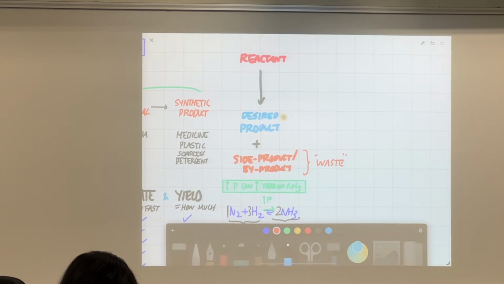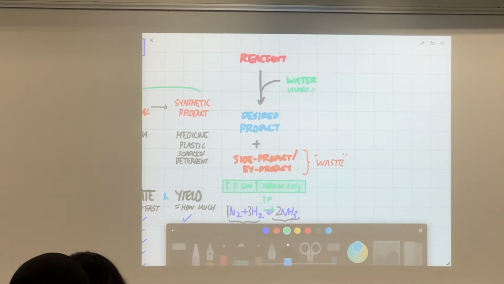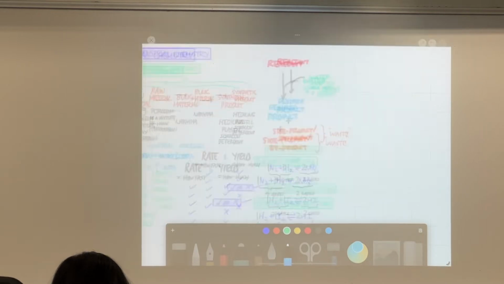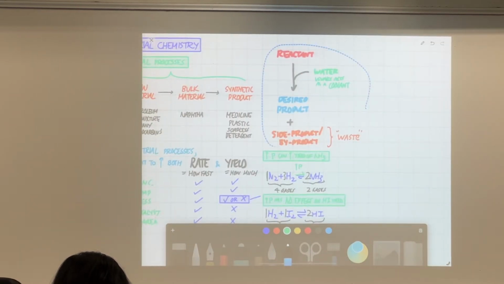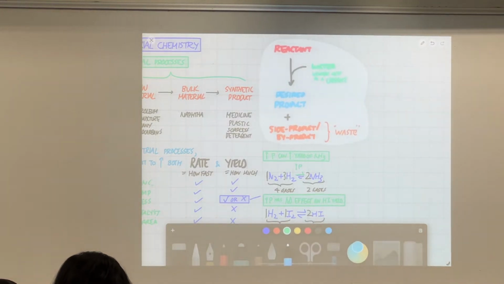And in the process of converting reactant into product, you may want to add water. So water is a very important coolant. Okay. So water is an important coolant. So it acts usually as a coolant. Okay, so this is why we need water. And for some reactions, water is a raw material, like hydrolysis. Okay, so hydrolysis reaction requires water as a reactant. But most of the time, water will just act as a coolant.